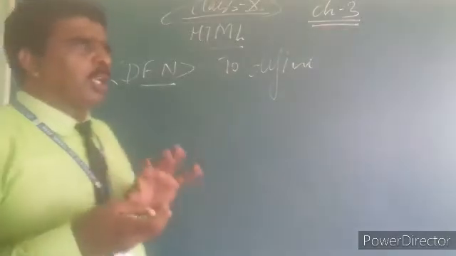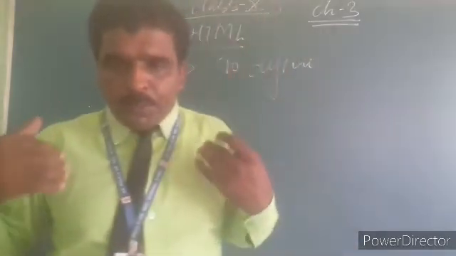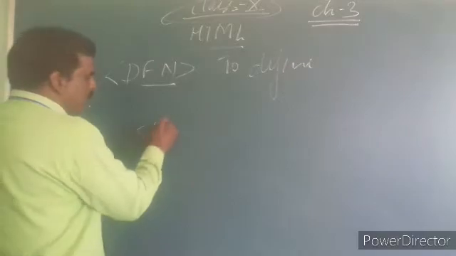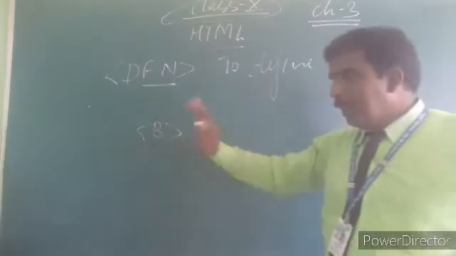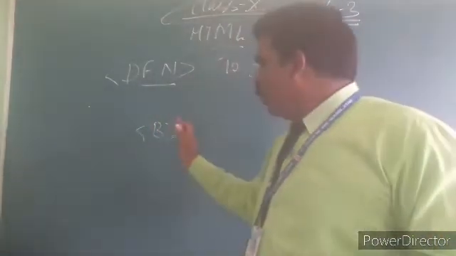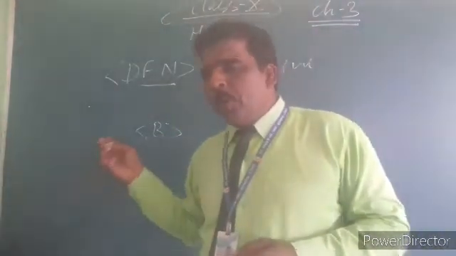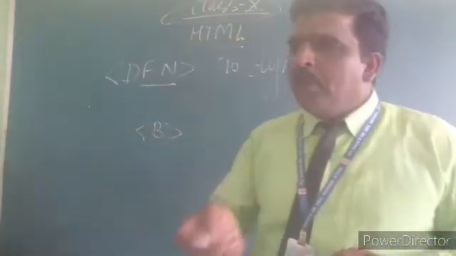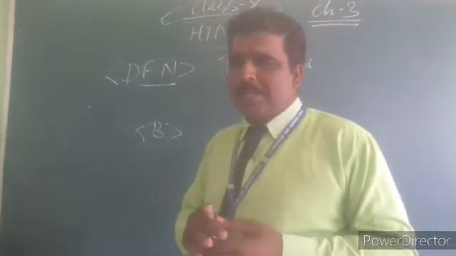Now, one more thing, that is physical text styles. It means physically it is available. I am giving you an example. Suppose one tag that is B. So directly you can see B has its own importance. It is related to boldness. So here B is a physical text style, and this other type can be logical text styles.